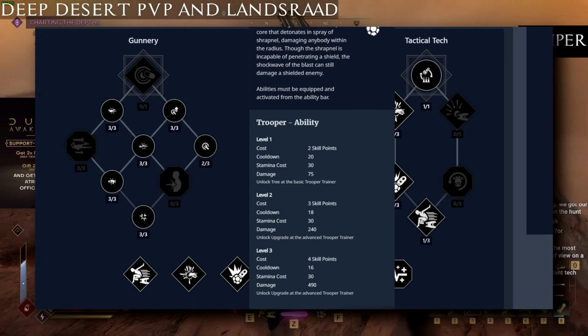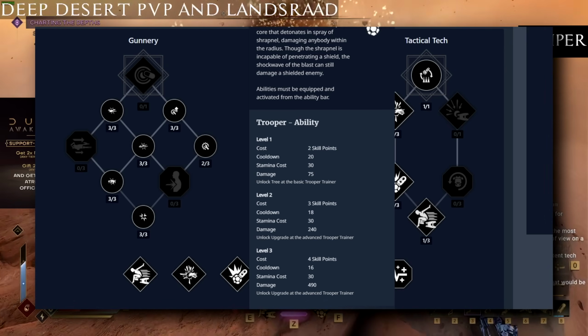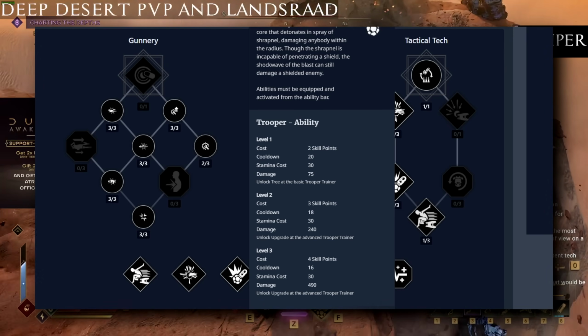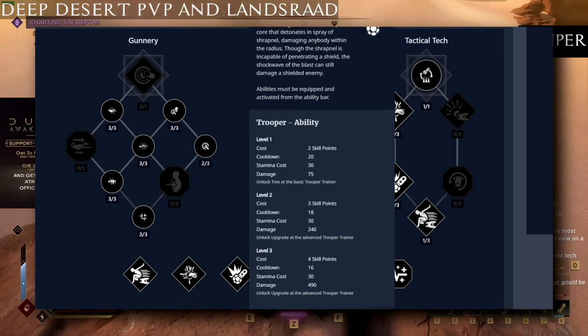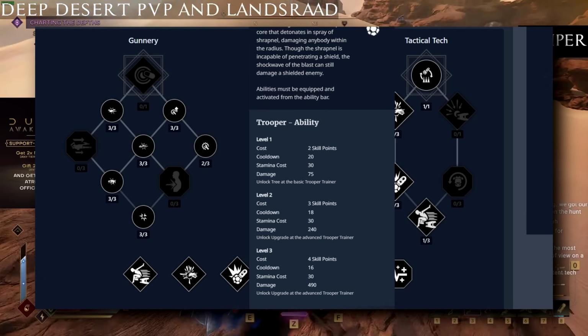At level 3, this does 490 damage. Once again, it will do part of that through the shield, making it very strong. Grenades are also some of the best abilities for interior and indoor combat, specifically labs,